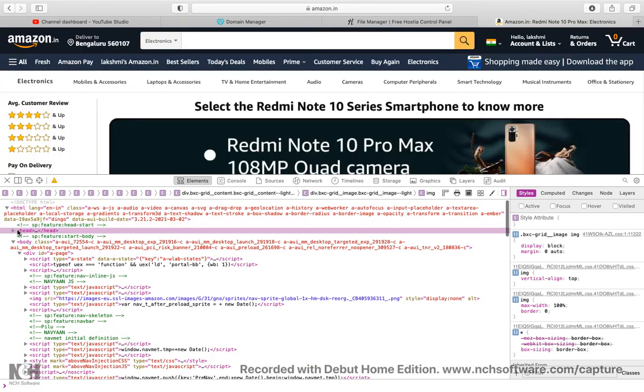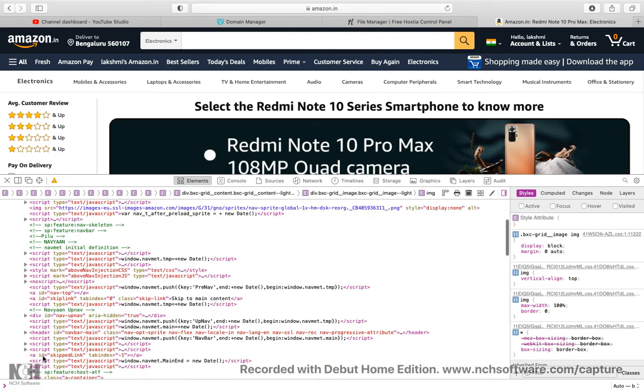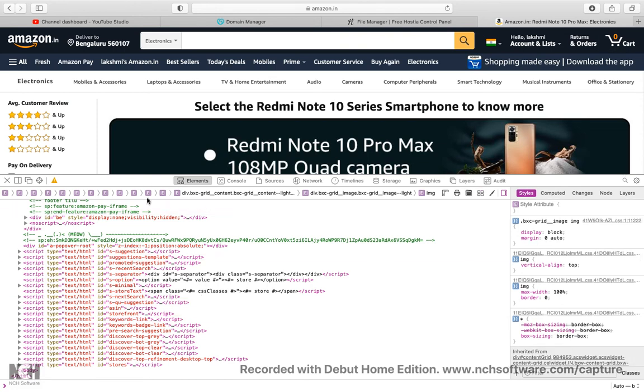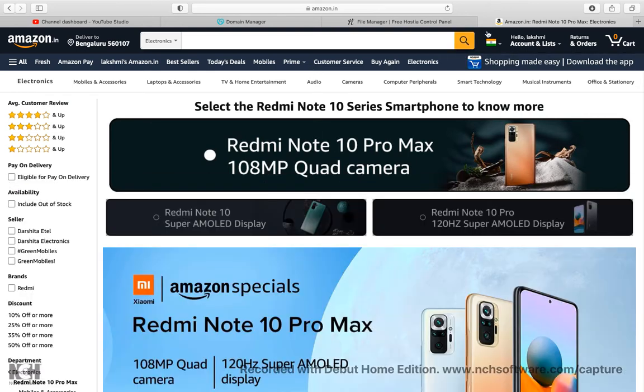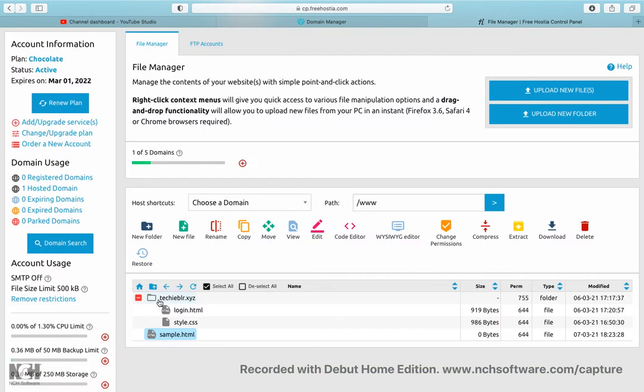How does this code work? All these things you can extract, and you can also paste it, and make use of this kind of code. It will not work in the same way because they will have multiple connections to other files. Like that you can take it and make use of it. So this is a simple HTML program I have done. So let me close and get back.